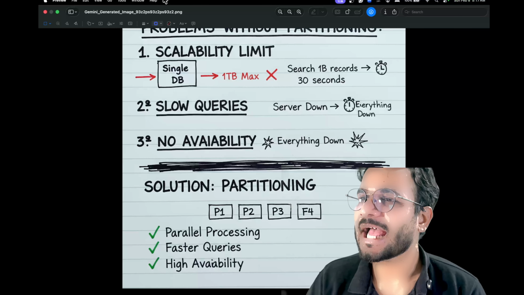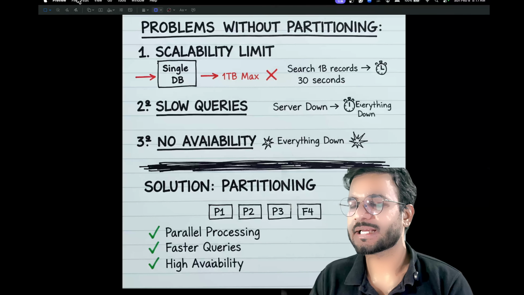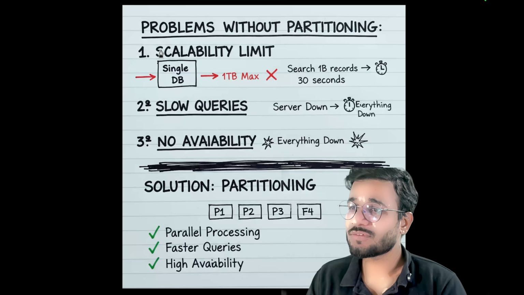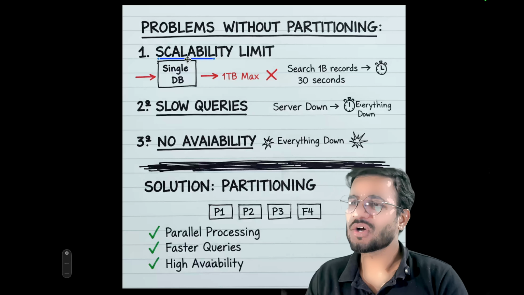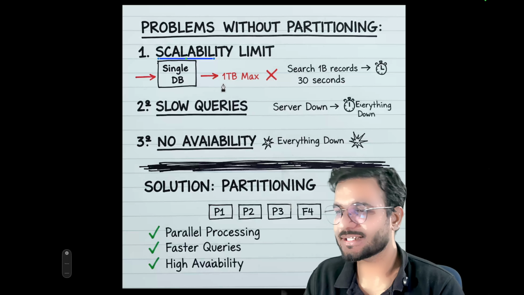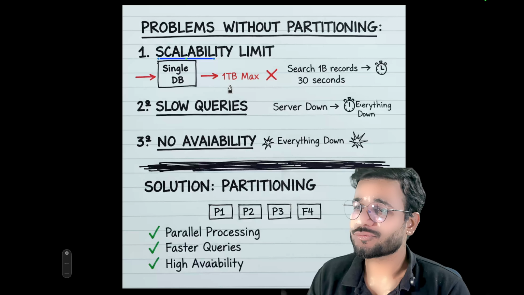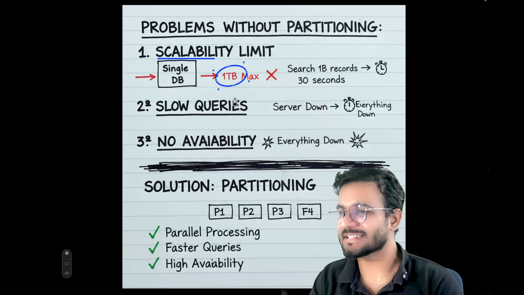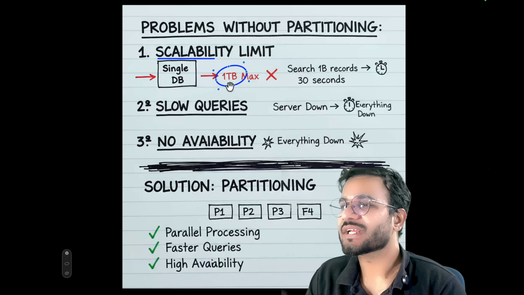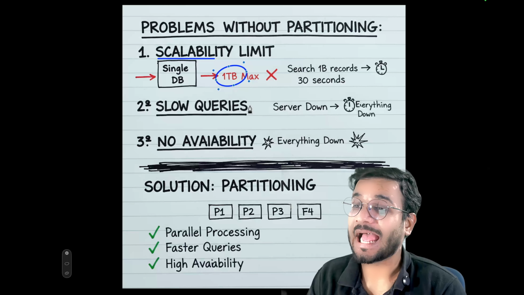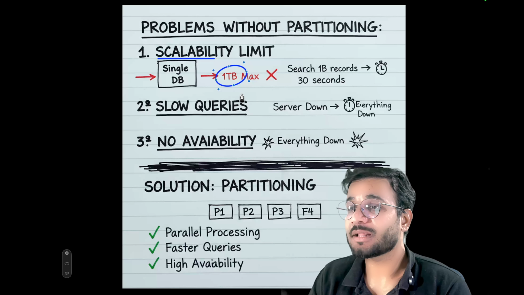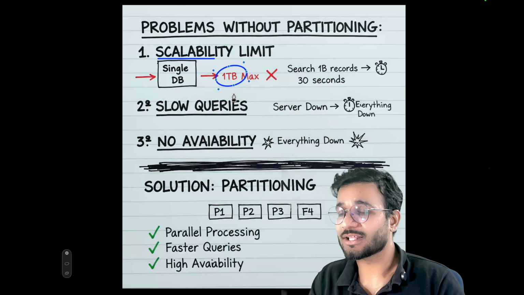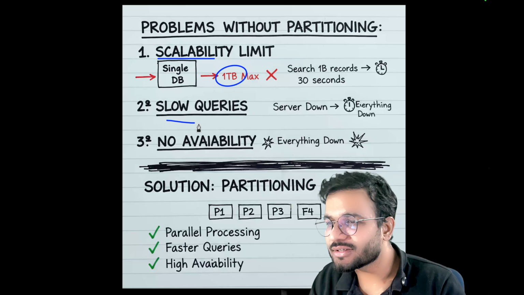There was a time when we did not have data partitioning or data indexing in databases. So the problem there was the scalability limit. A single database has its limit. Suppose the limit of a database is 1 terabyte. Because of a single DB, if it reaches its max, it will stop storing data. Now, what we need to do is add another DB. And inherently, because the size of a single DB reaches 1 TB, the queries will become very slow.